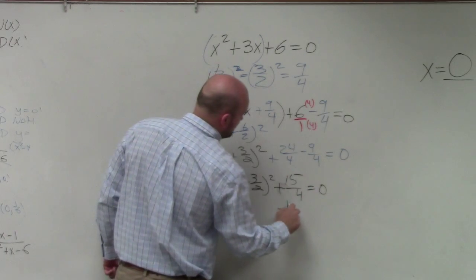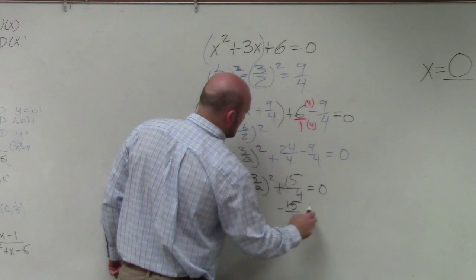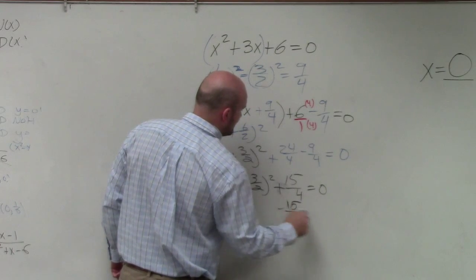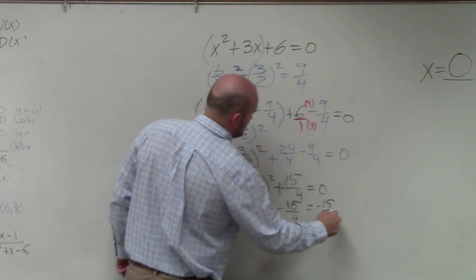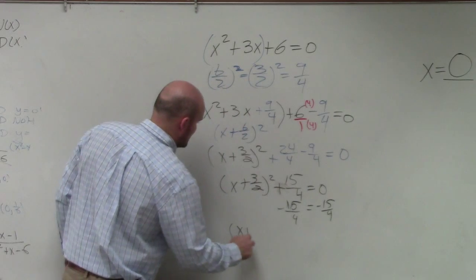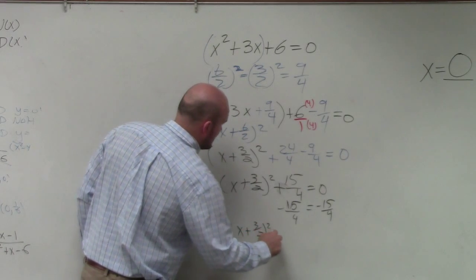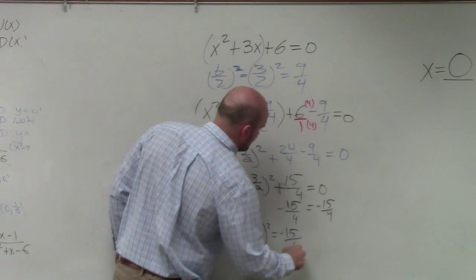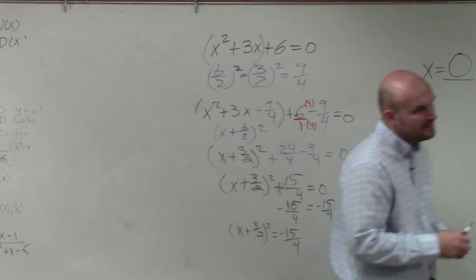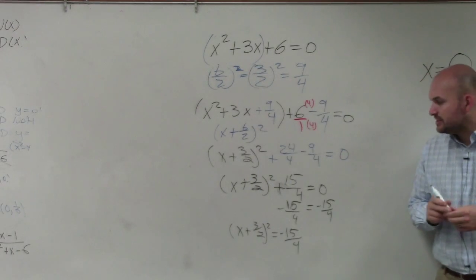Subtract the 15 over 4 on both sides. And therefore, I have x plus 3/2 squared equals negative 15 over 4. OK? Now, this does bring in a little bit of an issue, ladies and gentlemen, because now we have to